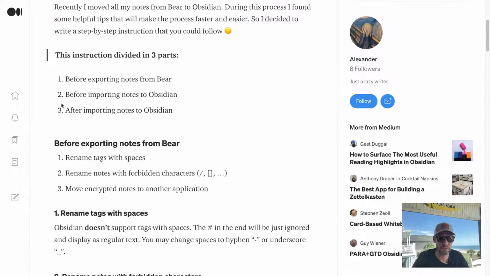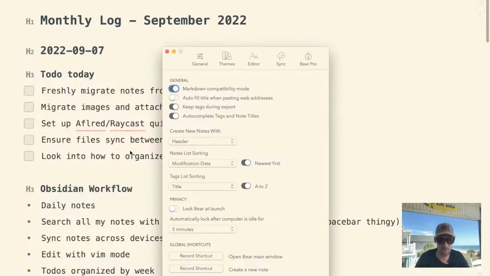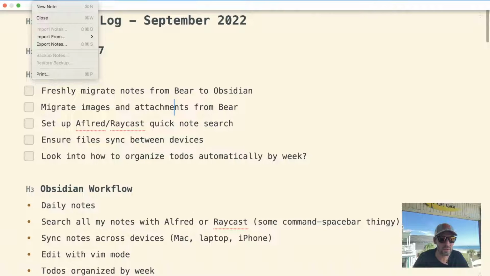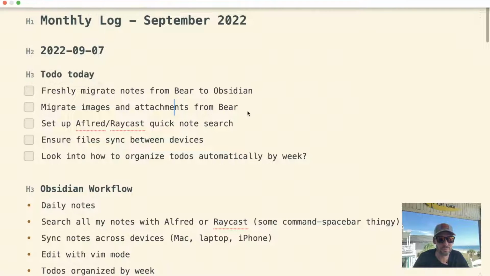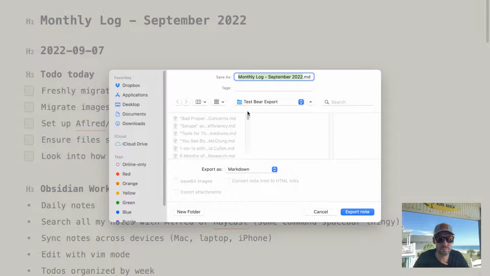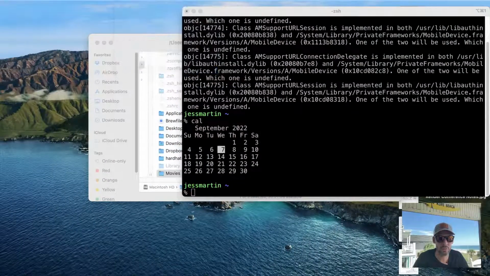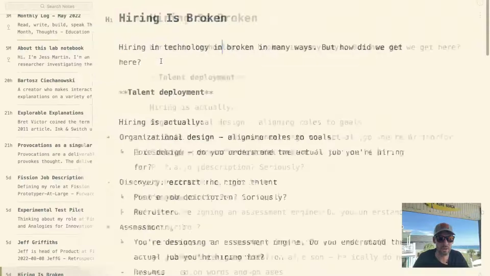Let's see. So how to successfully move notes? Let's do this. Over here in Bear, I believe it's under File, Export Notes. Okay, I think I need to actually select all of my notes before I do this. Let's open the main window in Bear.